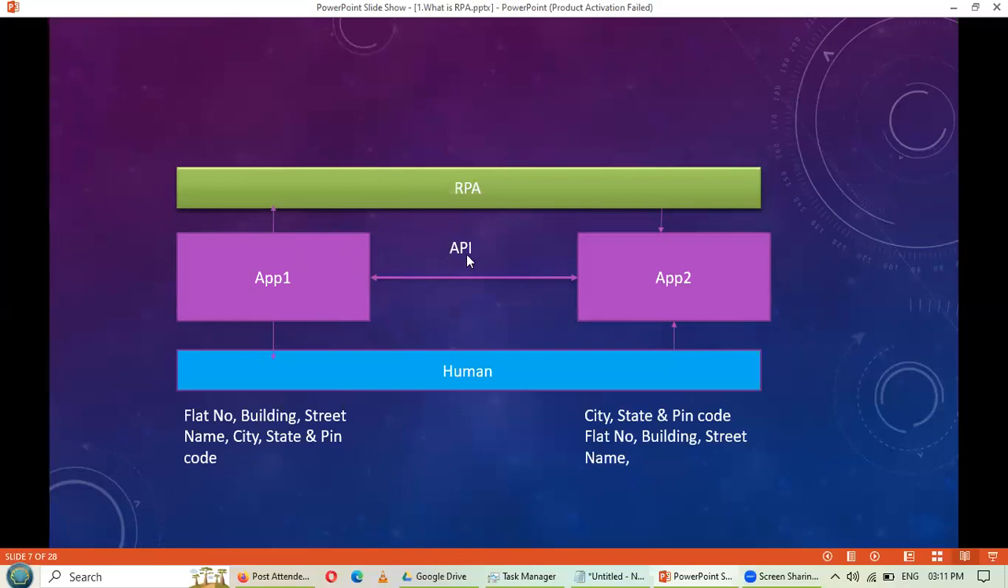But there's a problem with the API. Two things. First of all, it is very costly to create an API. Second, for API to work with the software, you have to modify the code of the software. That means software 1 will also have to modify its code to work with the API. Software 2 will also have to modify its code to work with the API. Right? So that is the issue. Now,